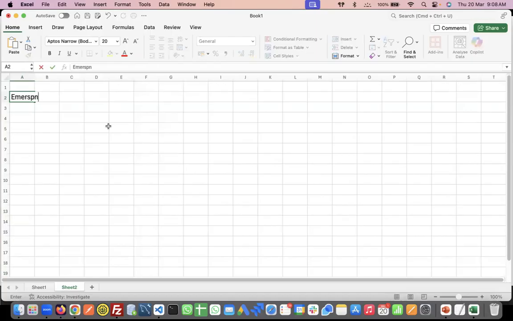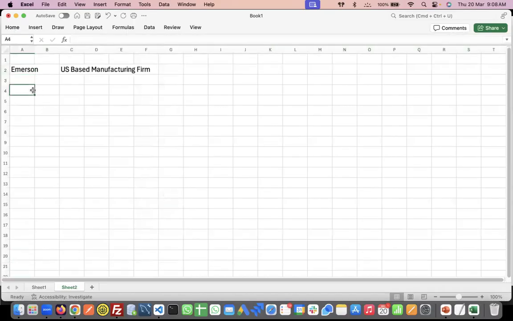Okay. And Emerson is a US-based manufacturing firm. Let's say we're doing a Fusion Cloud implementation for Emerson. And for that Fusion Cloud implementation project, we need to build a lot of integrations in OIC. But before we talk about how OIC is used, assume that Emerson is a US-based manufacturing firm and they need to use an ERP product